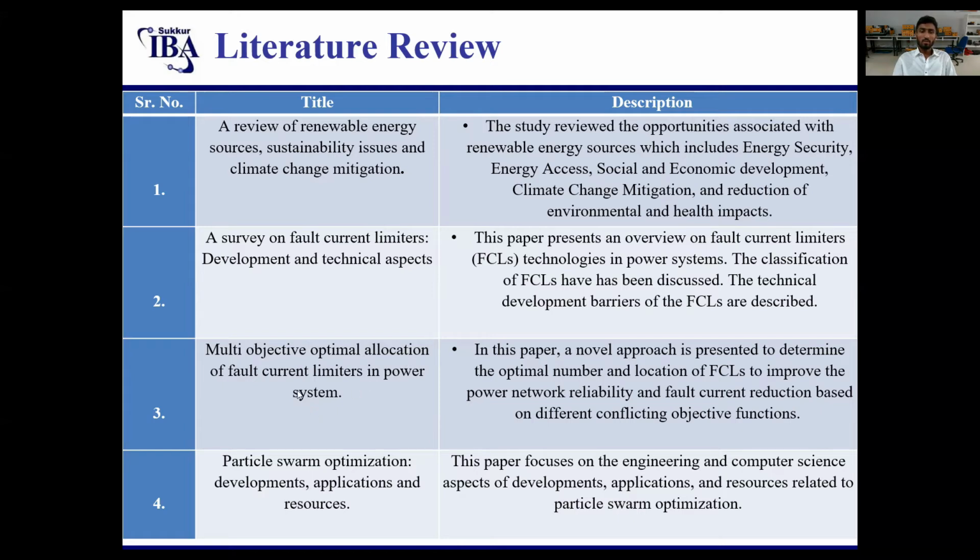Then after that we were searching for optimal allocation of fault current limiters in power system. Then we have gone through the paper which used a novel approach to determine the optimal number and location of FCL, which was genetic algorithm. After that we have gone through the optimization technique, which is particle swarm optimization, development and application resources. This paper focuses on the engineering and computer science aspect of development and application and resources related to particle swarm